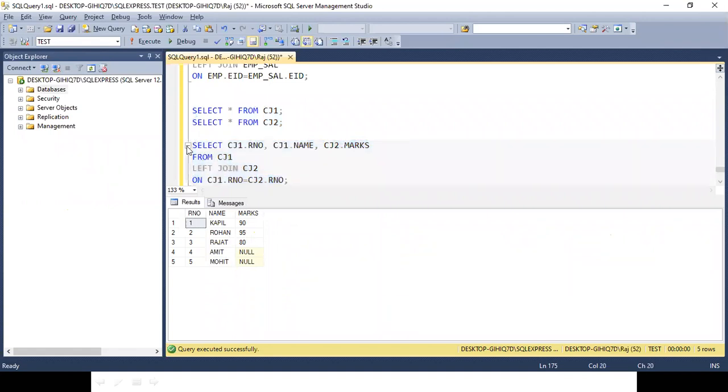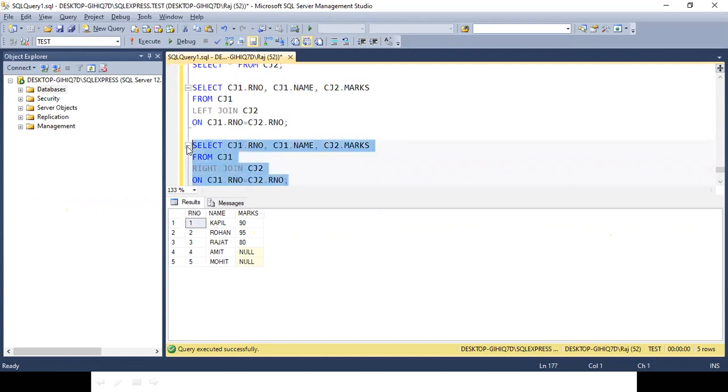Similarly, if I make it a right join instead of left, we get all the records from the right table and the matching ones from the left. All the numbers and the matching ones from here. Clear?